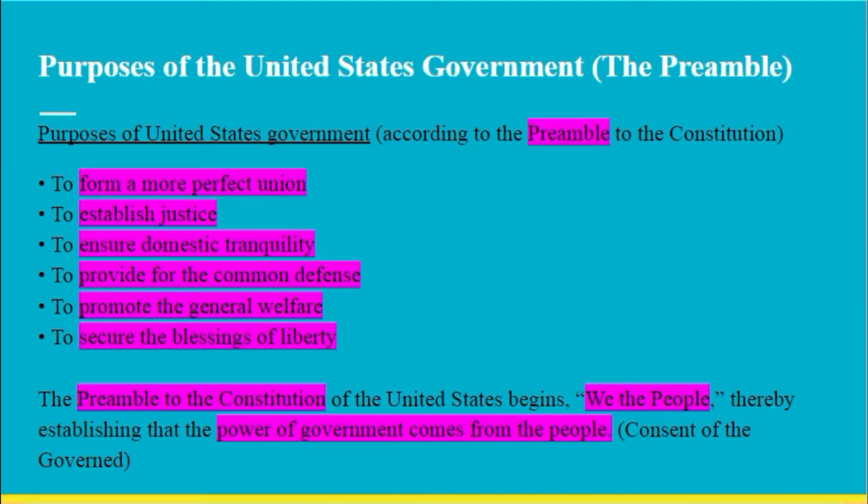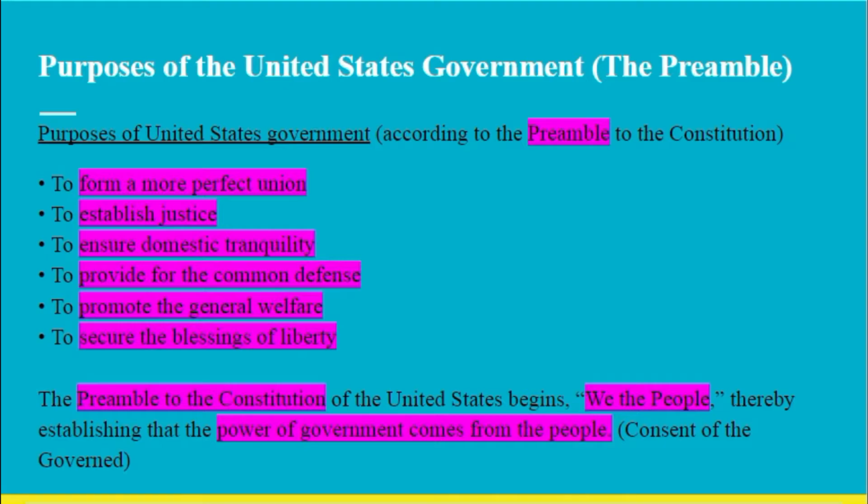The next one is to provide for the common defense. It's to protect the individual people. This one's a big one because some people cannot defend themselves, and the government's job is to do so. Promote the general welfare is to make sure that every human that is a member of today's society, and more specifically of these great United States, are protected in a genuine well-being. So welfare is talking about the well-being of the individuals.